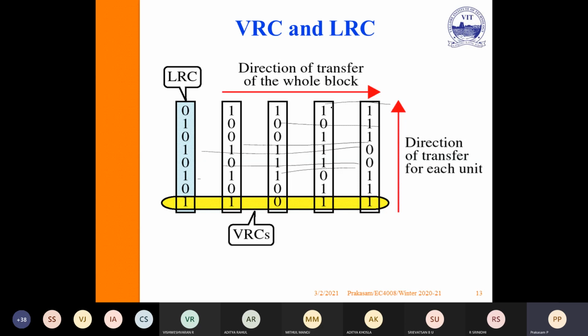In the same way, VRC checks the number of ones. Here there are 3 ones, so it affixes 1. Again 3 ones, it affixes 1. 4 ones, it affixes 0. 5 ones, it affixes 1. Again 5 ones, it affixes 1. Then it is transmitting.